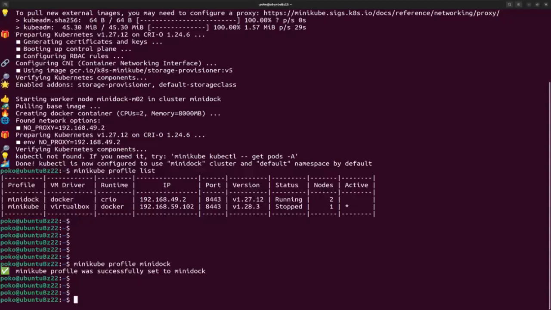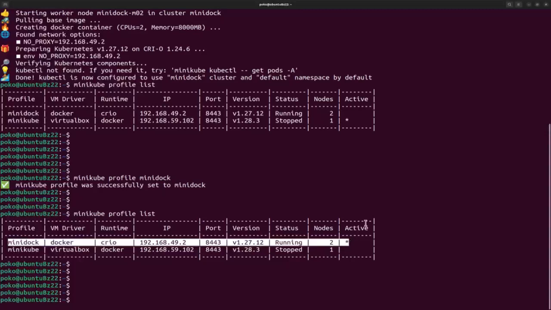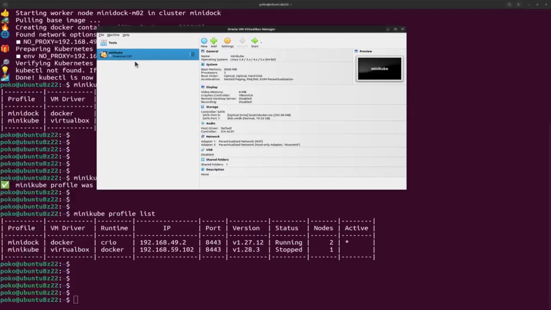Let's validate this again by listing profiles. And we see the active marker is now set on the minidoc cluster. So all minikube commands would now target this particular cluster. While the default minikube cluster can be validated by inspecting the VirtualBox management panel,